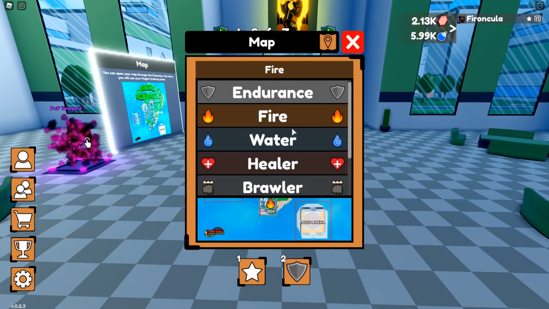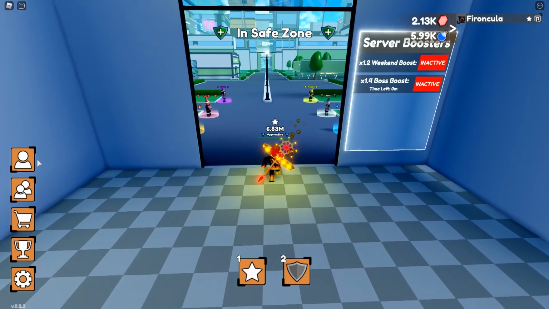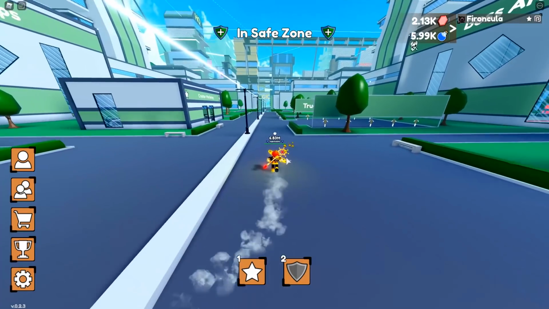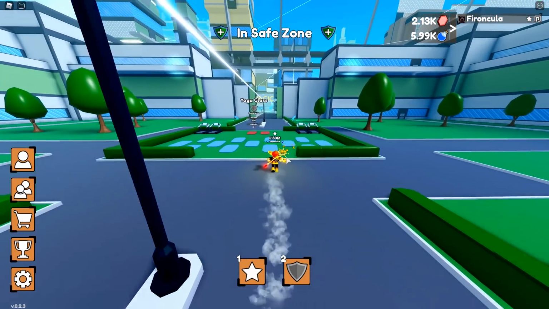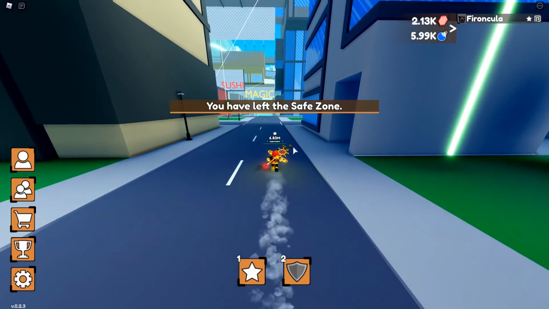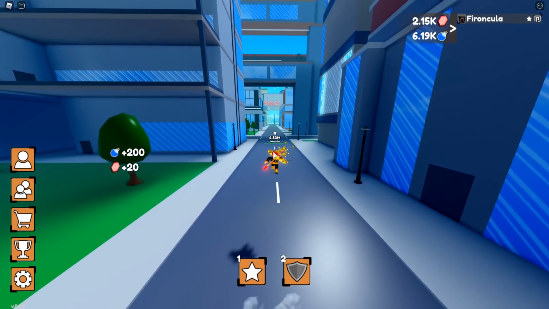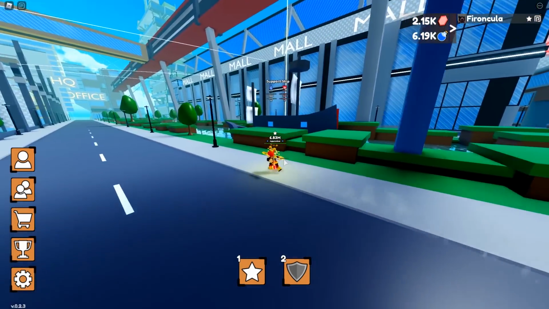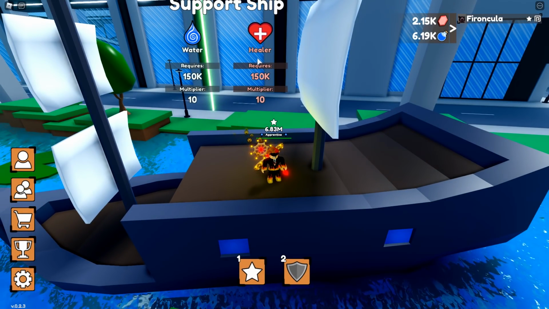Now that we've covered fire and brawler, we'll want to do water and healer. So the first healer area, obviously 500 right here in spawn. Then we've got the 150,000, which we have passed several times, showing the other areas. Once you come straight out of spawn, you'll want to take your first right. And right here it is, the boat for 500 or 150,000 water and 150,000 healer, and it's a 10 times